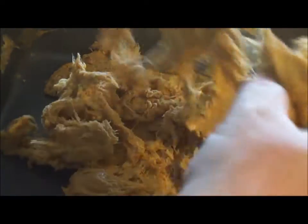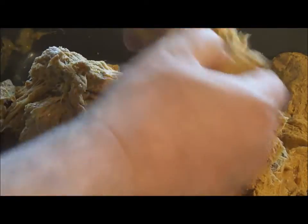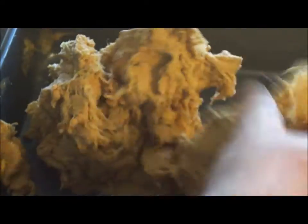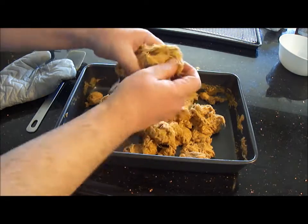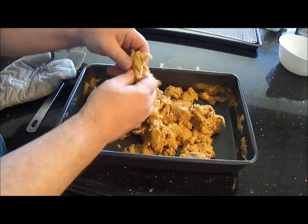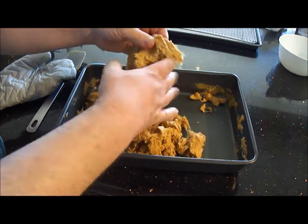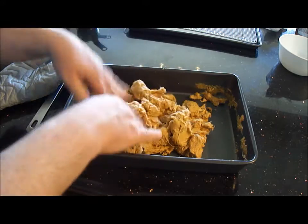The reason you're doing this is to create the consistency of the finished product, and also to make sure that you've worked through all the syrup into the peanut butter. Okay, once you're satisfied that all of that's been worked through nicely and you've got threads, sort of looks a bit like cotton candy, and then it's nice and even, get yourself a cutting board